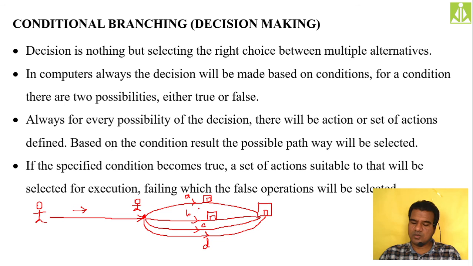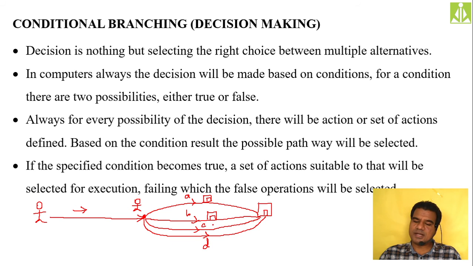So what is making you select path B? Because you want to purchase the textbook. That is the condition. As you want to purchase the textbook, you move in the B path direction, purchase the textbook and go home. So when you select path B, you are skipping path A, and you are skipping path C also.